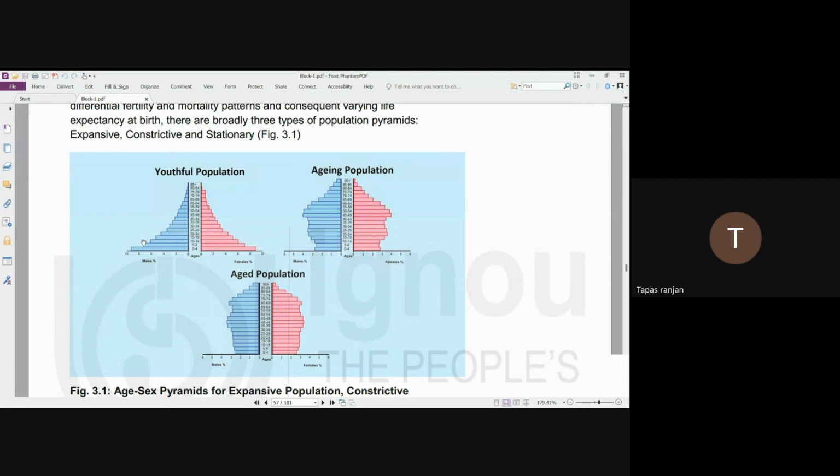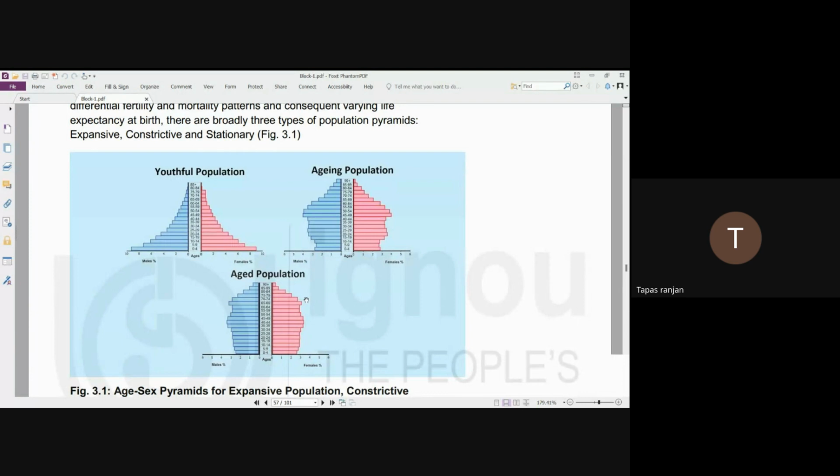So in which you have high birth rate and high death rate. So definitely these kind of structures can be found in expansive structures. Okay, expansive age pyramids. These are expansive age pyramids. So these are constructive age pyramids, and where the birth rate has reduced a bit. Okay, and this is basically